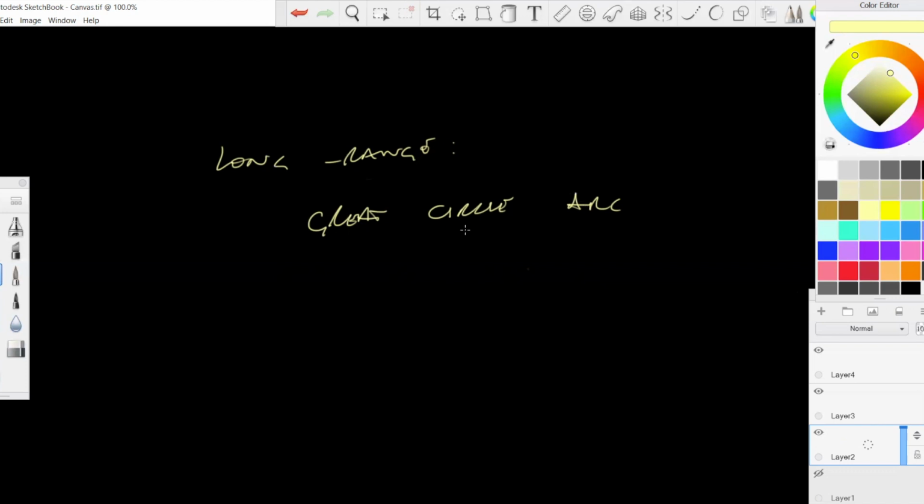So an arc is a segment of a circle. It's a part of the circle. It's the shortest distance between 2 points on the surface of a sphere. It's the closest thing we can get to a straight line. On a flat surface, the shortest distance between 2 points is a straight line. But on a sphere, it's a great circle arc. So the great circle comes into long-range navigation, and the really important thing about a great circle is it